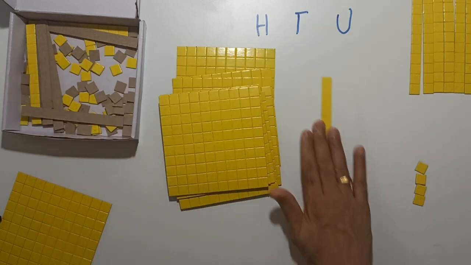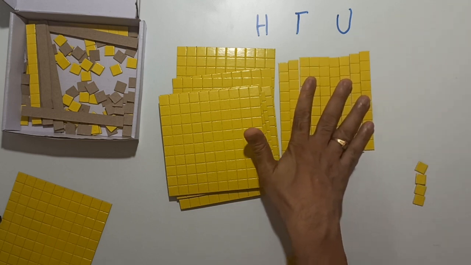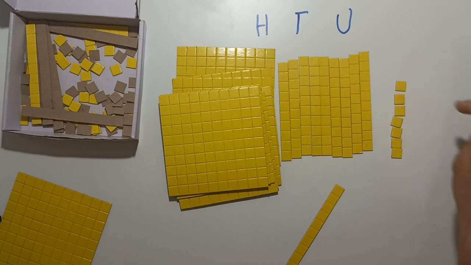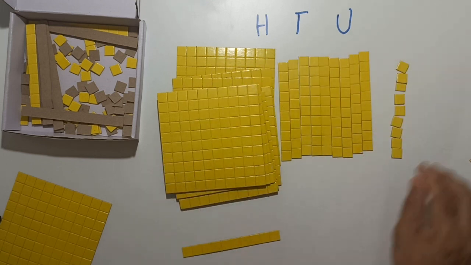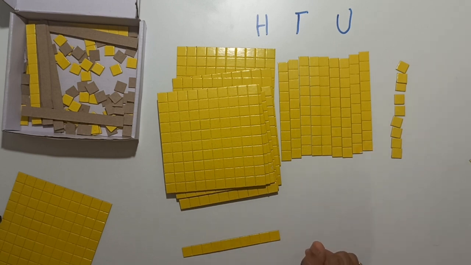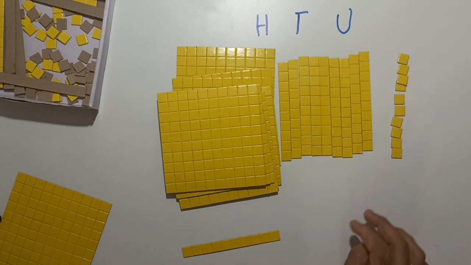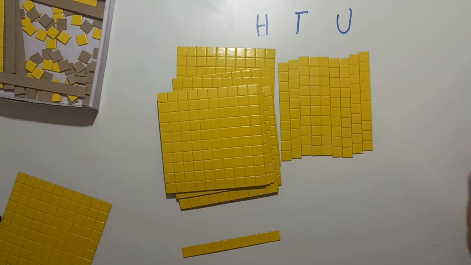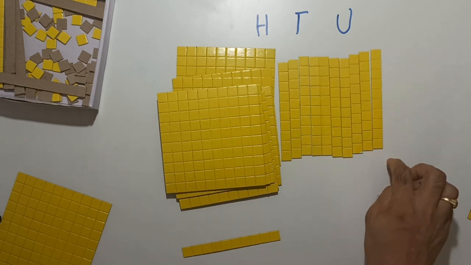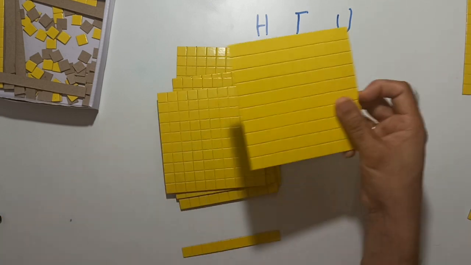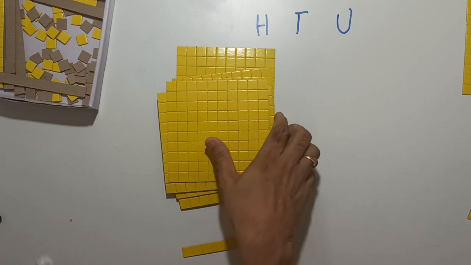Until I got to a point where I had 990, and then if I continued counting, I would have gone up to 999, right? So this is 999. Okay, so this was the end of 3-digit numbers. Then when I added one more to this, this became 10. So what happened? I replaced this 10 with one more of my strip. Now I have 10 of these things. So what did I do? I again gave this away and exchanged it for one more flat, and I placed it here.